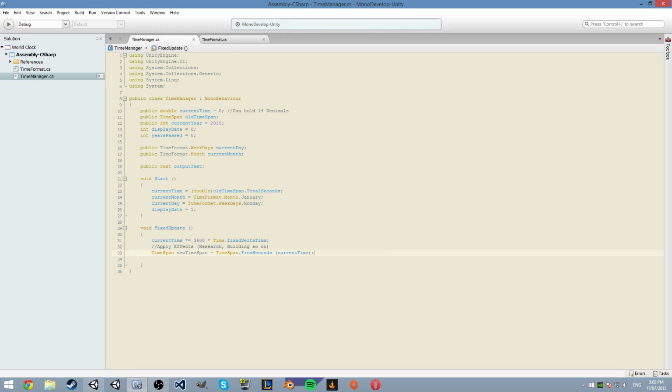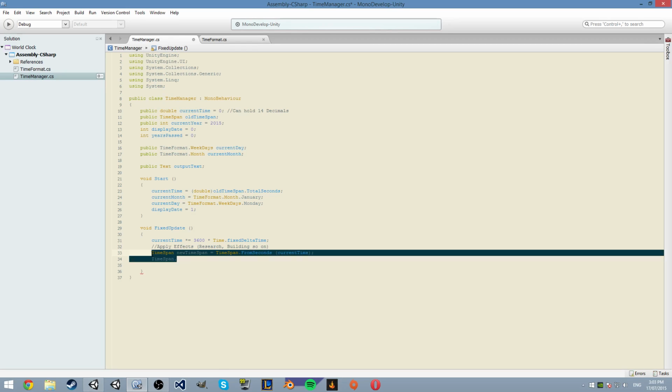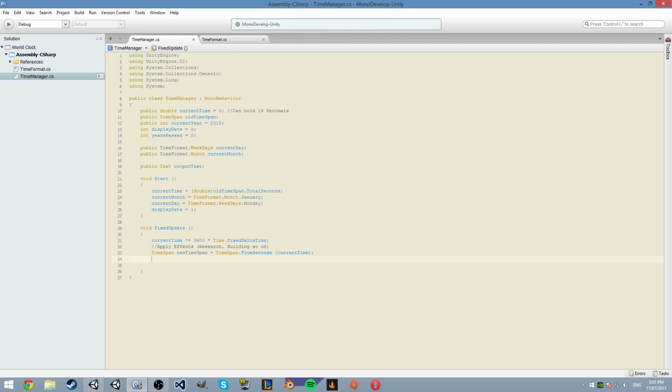This just means how much time has gone past. So when it starts, the biggest thing is you see that our current time is equal to our total seconds, right? And by the way, our time span only works on a 24-hour basis, so you can't do more than days. Days is the highest. Here we're actually not counting days, but days will work perfectly. It doesn't really matter. So essentially we're going, how much time has passed